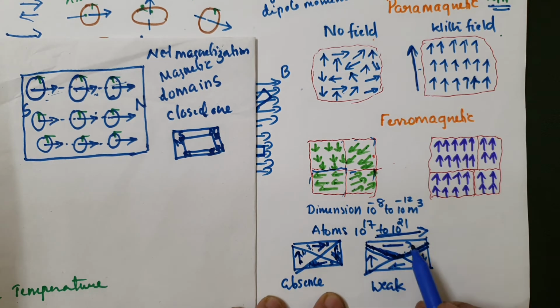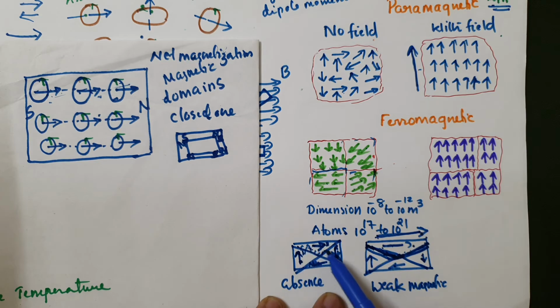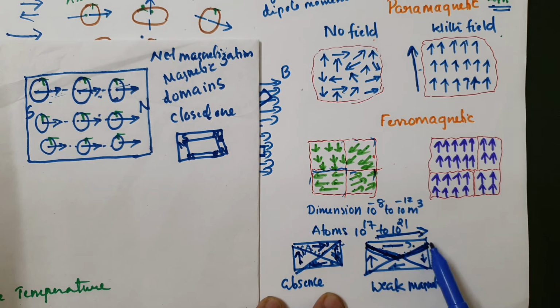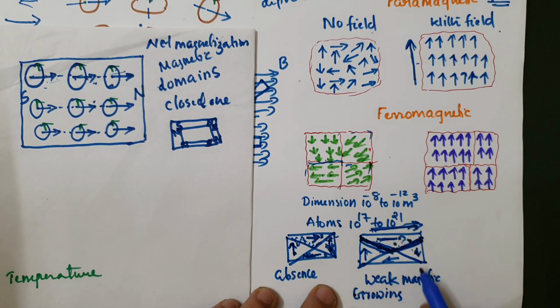That is, if I apply a weak magnetic field, the domains in the direction in which the magnetic field is applied enlarge, that is, they grow at the boundary. That is, magnetic dipoles are induced at this boundary, and therefore this region grows. That is, only the domains and dipoles in the direction of the applied magnetic field grow, and then the remaining regions become smaller. This is for when we apply a weak magnetic field, and it is called the growing of the domains.